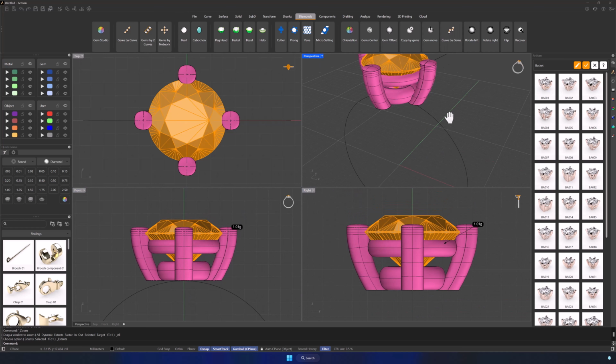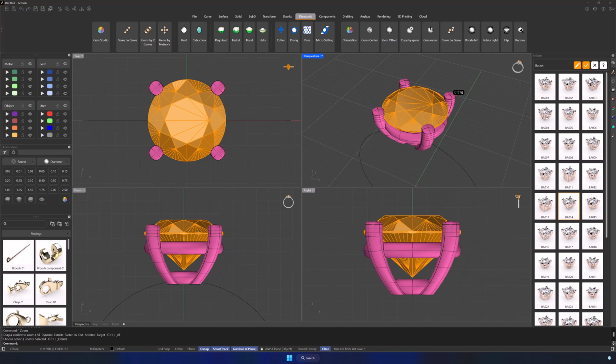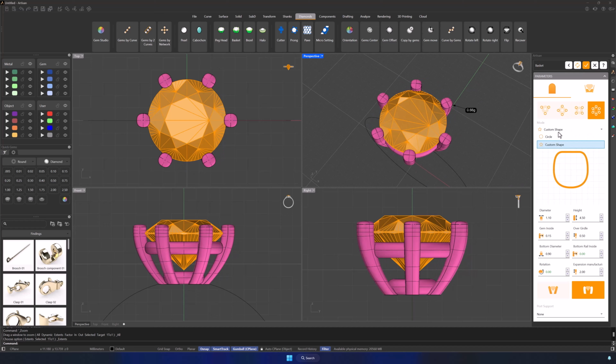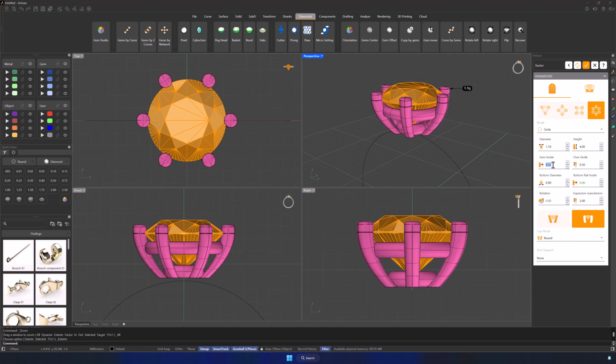For this occasion, use the BA014 element and edit some parameters. Change to 6 prongs and set the mode to circle. Leave the width at the default of 1.10 millimeters. Change the height to 4 millimeters, gem inside to 0.35 millimeters, over girdle to 0.30 millimeters, and finally, set bottom